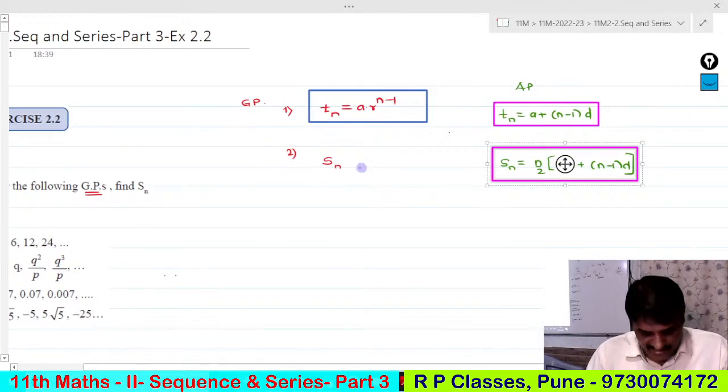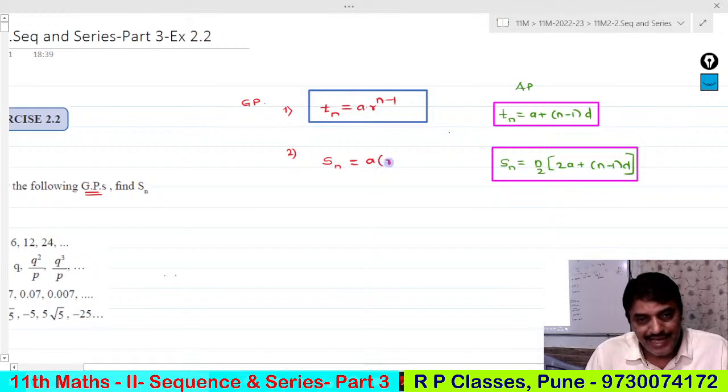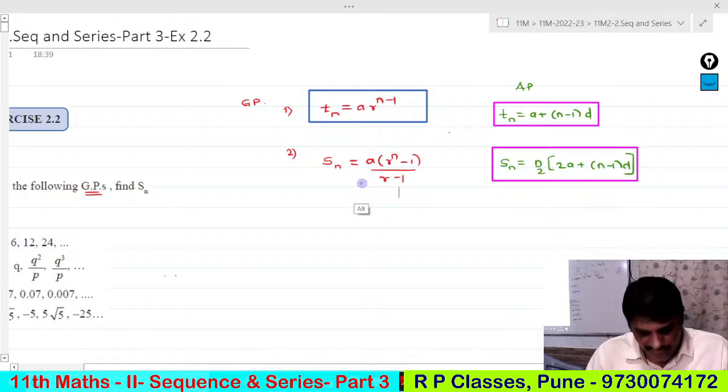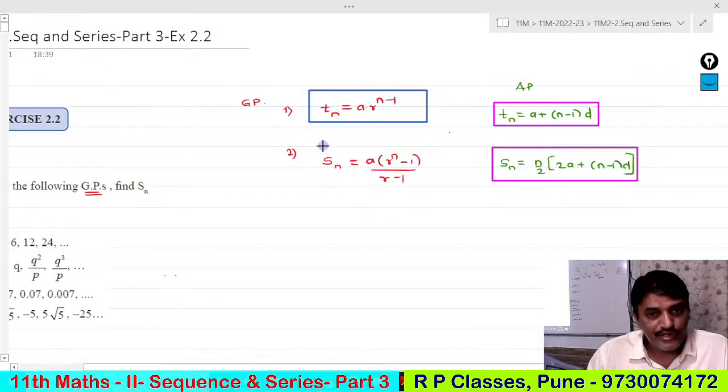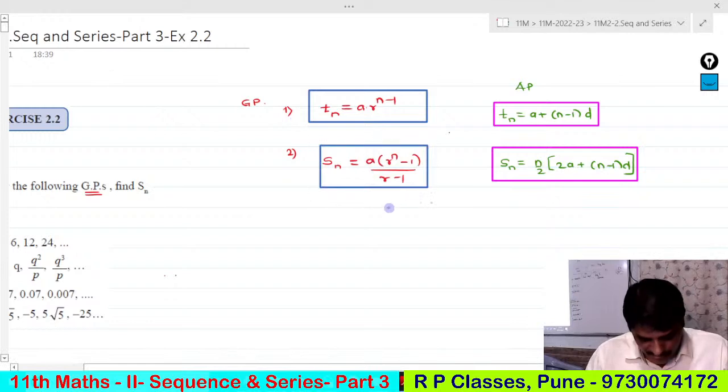Similarly, here there will be a formula for this. There can be two formulae. One is a into r raised to n minus 1 upon r minus 1. This can be one formula. Now when do we use this formula? There are two formulae. We use this formula when the common ratio